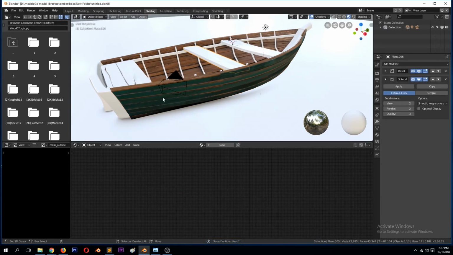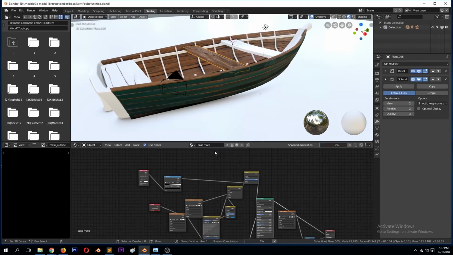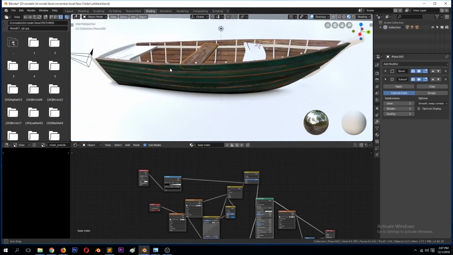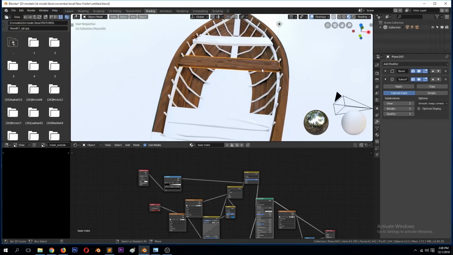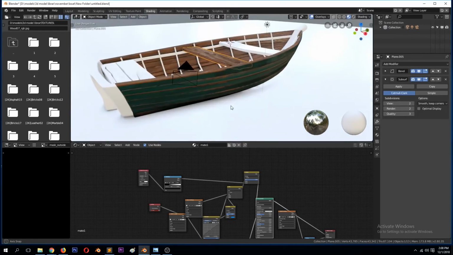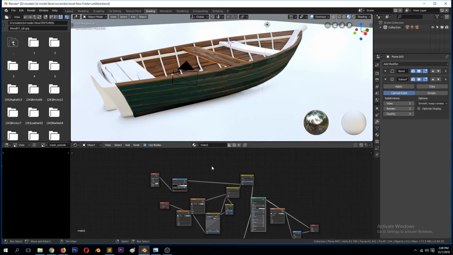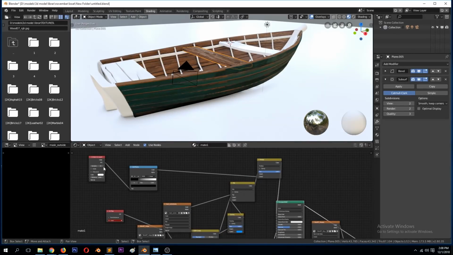Now apply this to all the other objects. So I'll just call this. But the problem is that this has the outside part, but all the other parts don't have that part. So what we can do is just make this a unique texture. Just call this matte, and remove that outside part. So it was added by this outside mask. So can delete this,